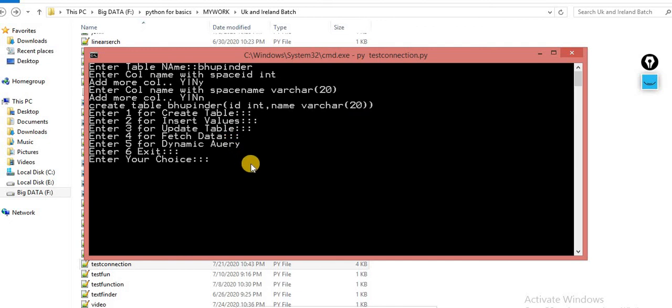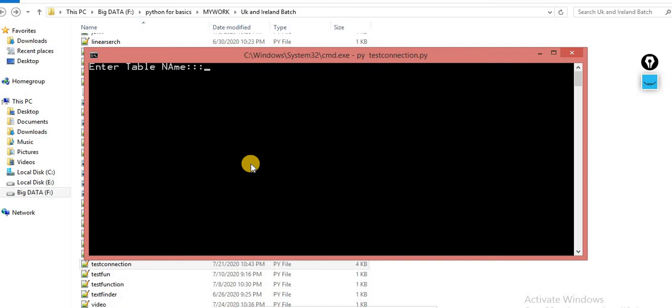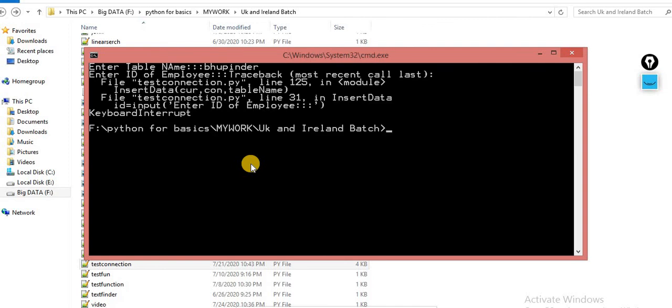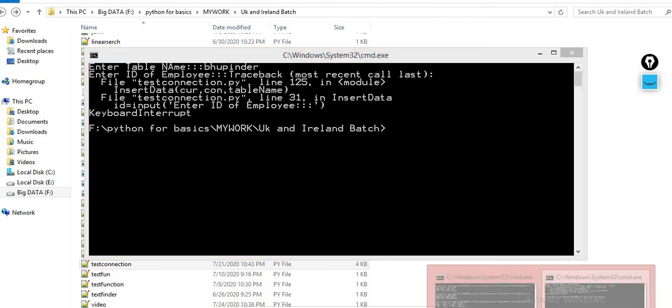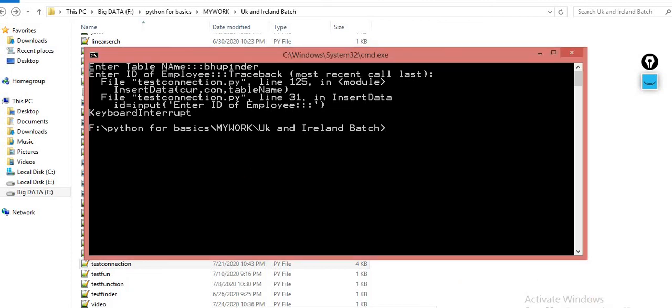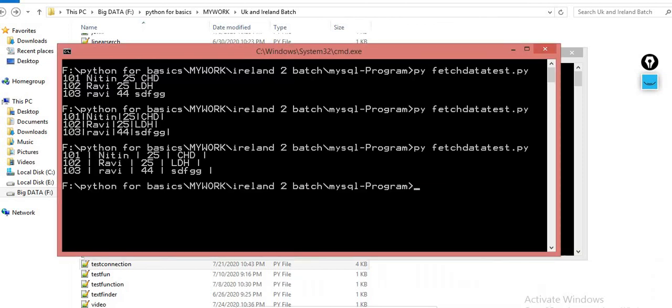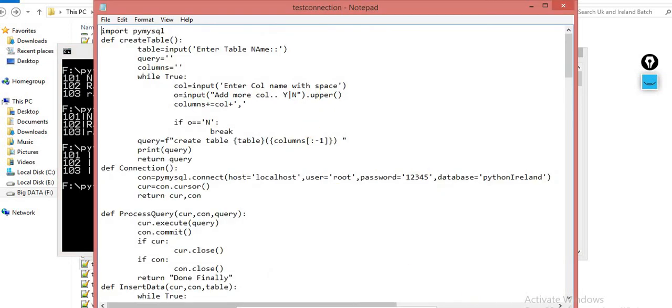Okay, so to insert the data. Basically, this is the table creation. Is it this whole program? Yes, it automatically creates everything, like a front end. And then one more thing I need to ask: when we are fetching data, I want to fetch particular data. Definitely you can fetch like this. Okay, so let me execute the same file.